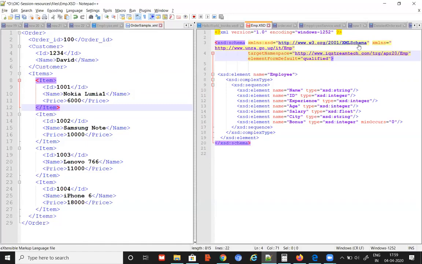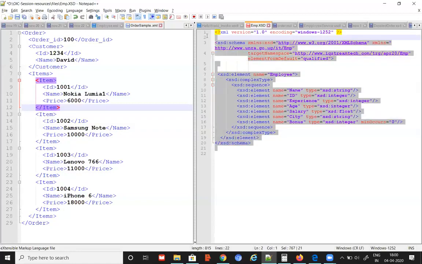When any XML is going to refer to any other target namespace, that XML will contain a property called xmlns, and it is going to have a prefix. The prefix means, in fact, it's a suffix here, but the elements coming from the target namespace will be referred to using this as a prefix. I'm mixing two things here, don't get confused. One thing is how to define a target namespace for your own XSD. At the same time, I'm also mentioning here how to refer to elements of an existing target namespace in your XML.